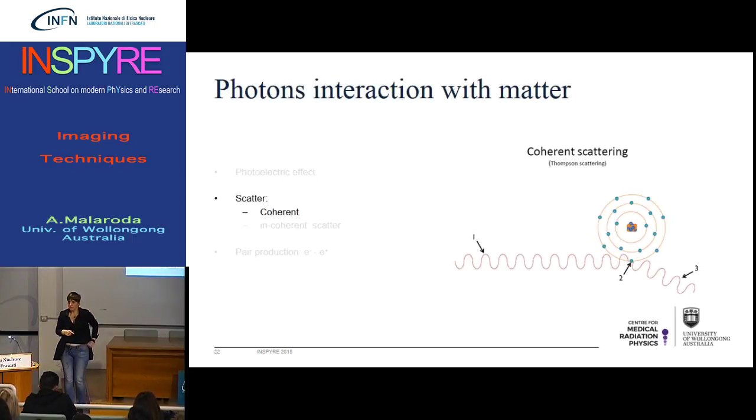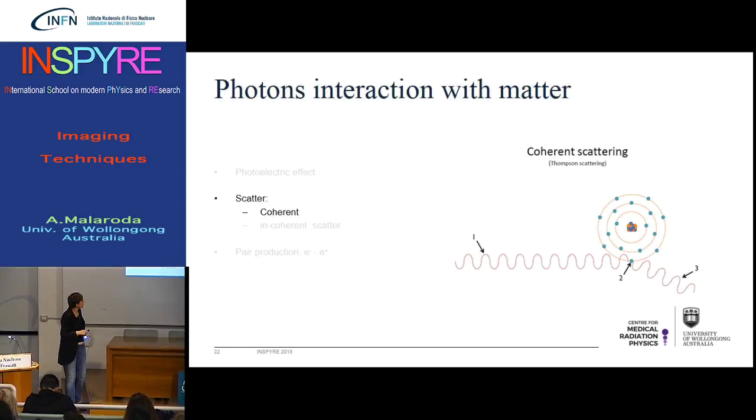Then what happens to the photon? The photon comes, interacts with the electron. Nothing happens to the electron in this case, but the photon just changes direction and doesn't lose energy. So the wavelength is the same for the incident photon and the photon that leaves the